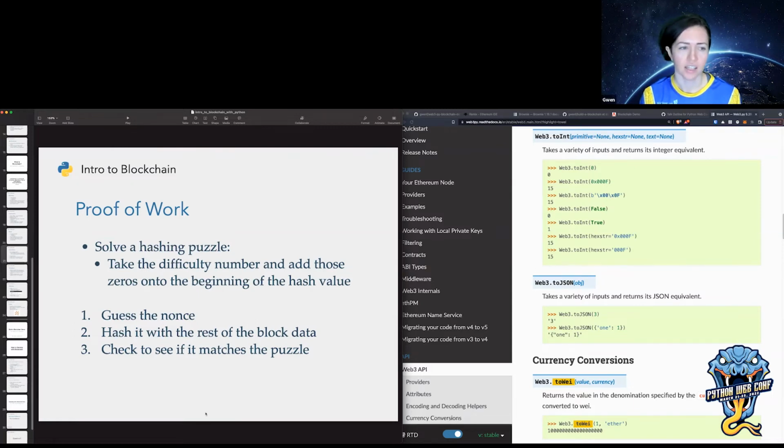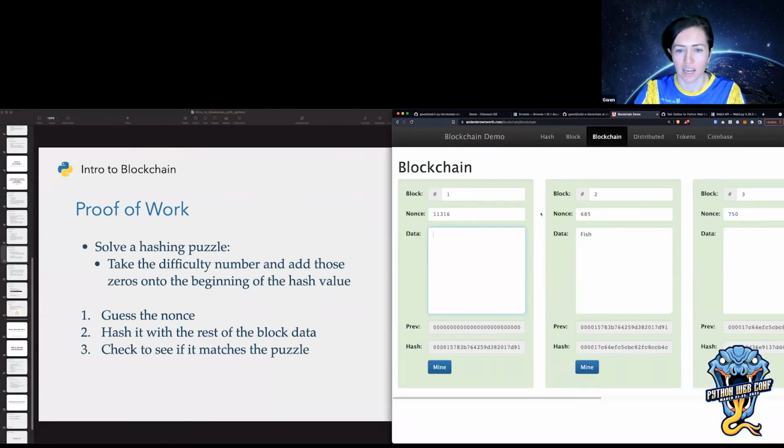They have these puzzles that are computationally expensive and that you can't guess without brute force. These are cryptographic puzzles that come from two things: from hashing something like a block header, and then a difficulty level. And that's how many zeros you have to add on to the beginning of a hash.